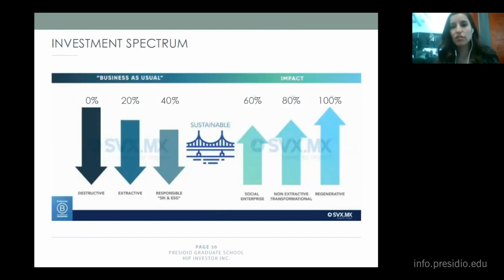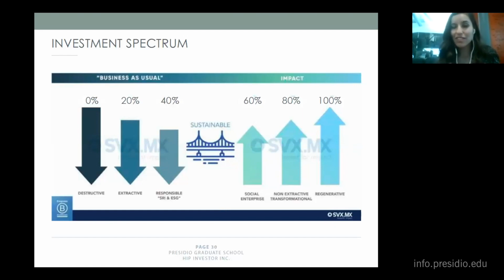So whether you're looking to invest for the first time, you're on the board of a foundation, or you're directing institutional dollars, or you just have a bank account, you can help shift capital to more sustainable opportunities. And at Presidio Graduate School, we speak a lot about social enterprises, benefit corporations, more traditional C Corps who are just coming around to focus on sustainability across all these sectors, and particularly possibly in finance. It's going to take a lot of work and innovation to make a material shift from one end of the spectrum to the other.